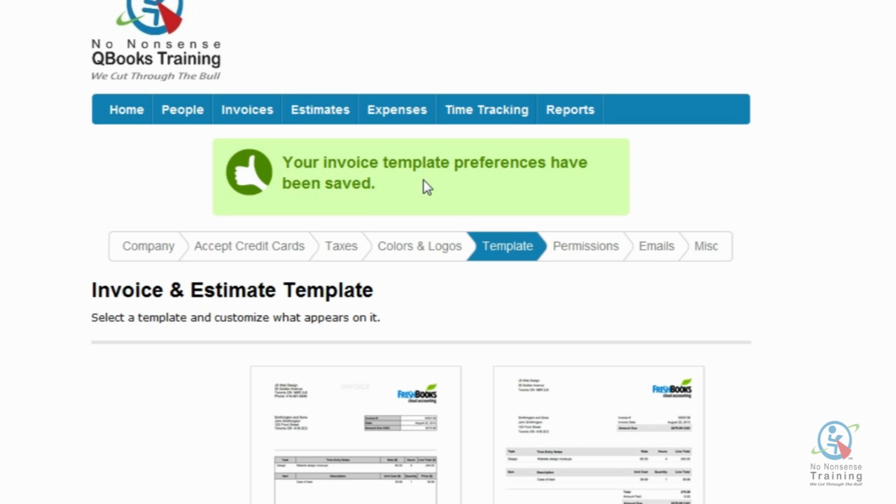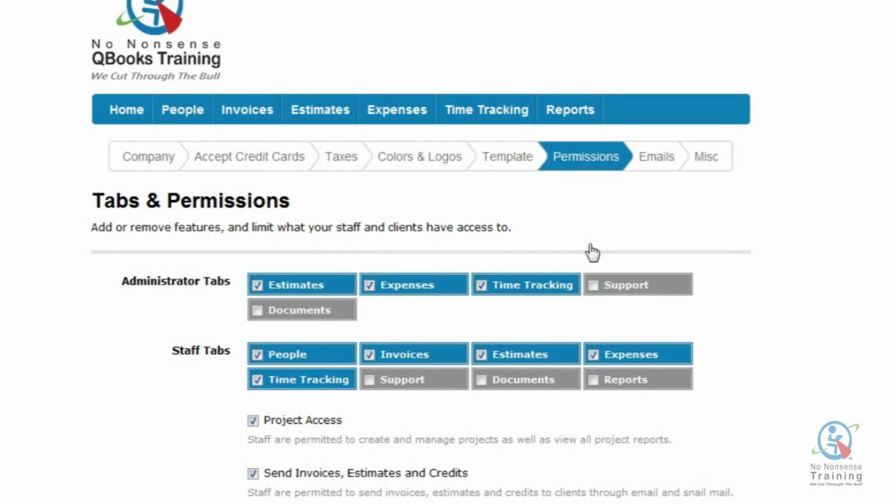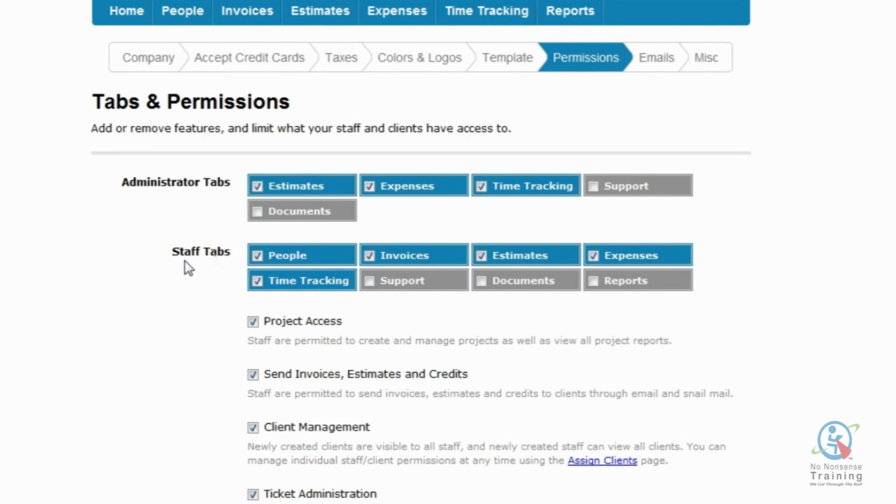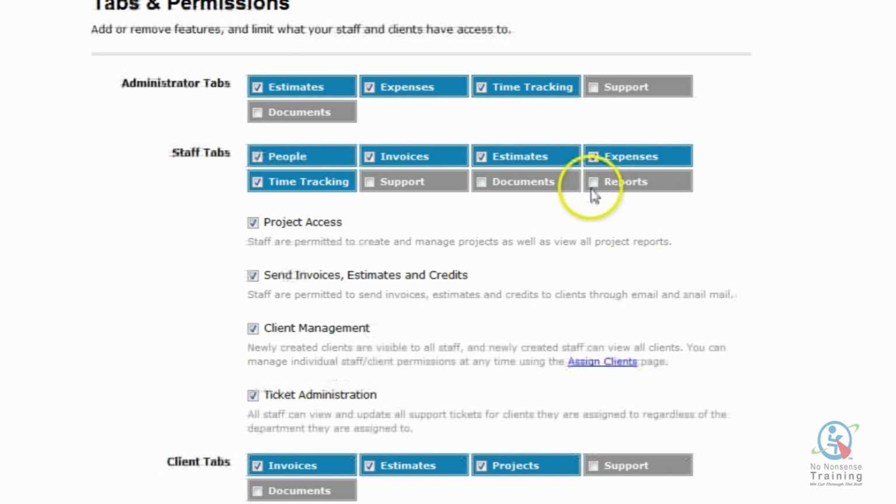Let's go ahead now and take a look at our permissions tab. And this is where you can control what your employees and clients have access to. So I'm going to come straight down to the staff tab. And I decide now that I want to give my staff access to the reports. And all I've got to do now is I've just got to click to activate, and now they have access